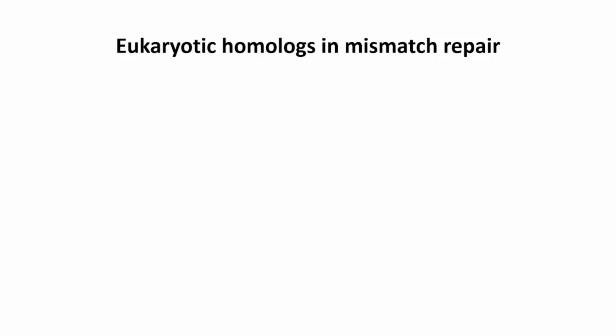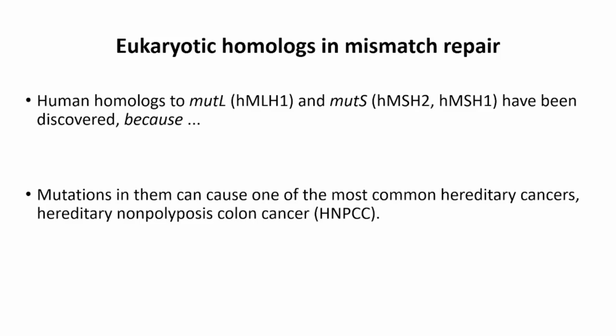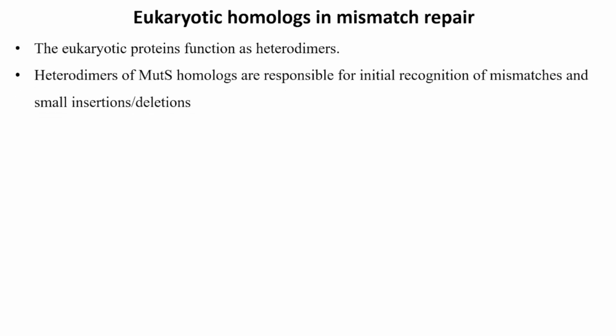Human homologues to MutL and MutS have been discovered because mutations in them can cause one of the most common hereditary cancers, hereditary non-polyposis colon cancer. Whereas MutS and MutL function as homodimers, the eukaryotic proteins function as heterodimers. Heterodimers of MutS homologues are responsible for initial recognition of the mismatches and small insertions or deletions, and heterodimers of